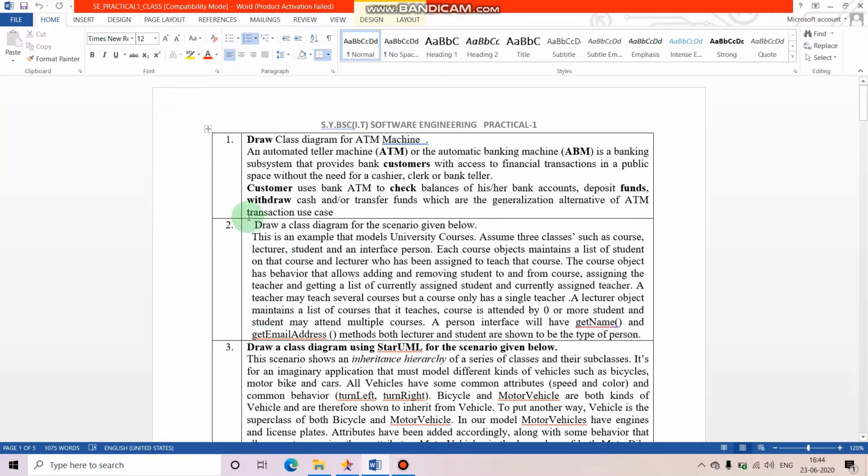Okay, now guys, one thing you need to keep in mind is that you need not copy, you need not develop the same diagram I am developing for the ATM machine, or any diagram you get over the internet. You just have to keep in mind that you have to understand the question, and get the information about this machine: what this machine does, what its responsibilities and attributes are, and everything.